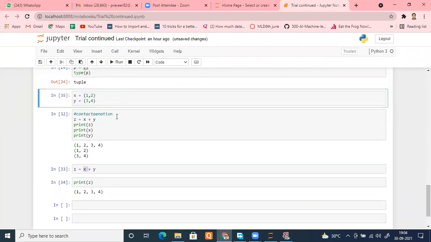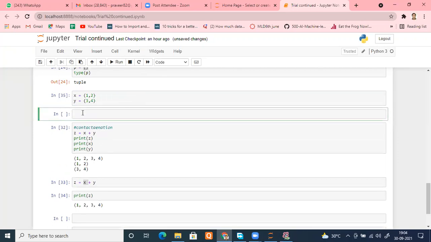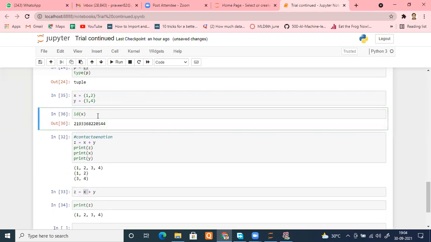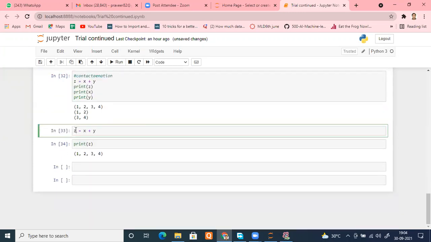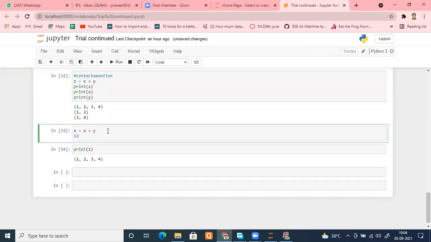Let me check the ID of X, so that you can know which memory location X is being stored in. Let me run this. 2193684. This is the ID of X. Now let me place X here and check its ID.